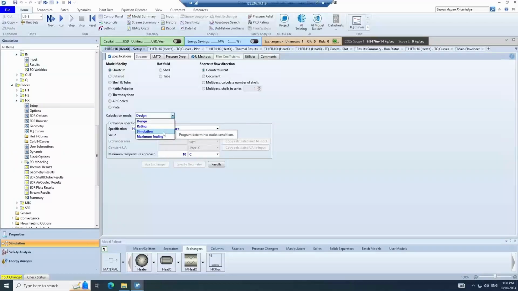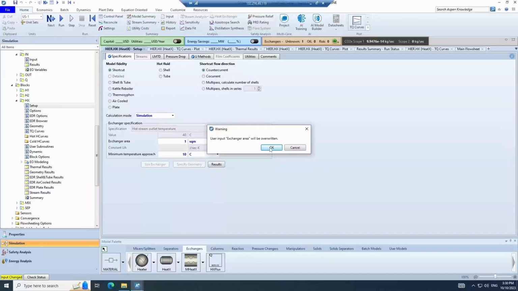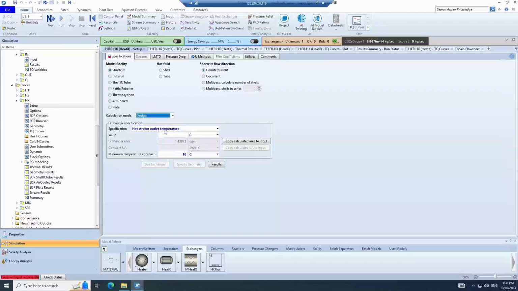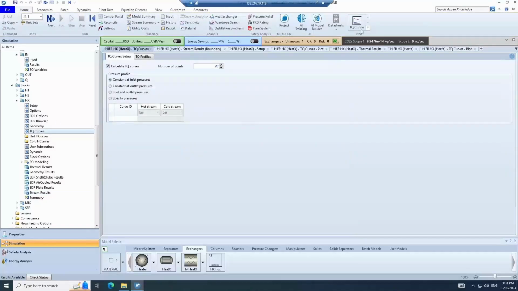The simulation one will allow you to determine your output conditions based on the actual size of the heat exchanger. So for now, we can copy the area that Aspen Plus calculated for the 40 degrees Celsius. And if we just remove the 40 degrees Celsius from here, return to simulation mode, and we can run that. Results available. Go into stream results, and we'll notice that while we did set the size of the exchanger, we still have our 40 degrees Celsius that we expect in this case. And the curve should look the exact same as well,